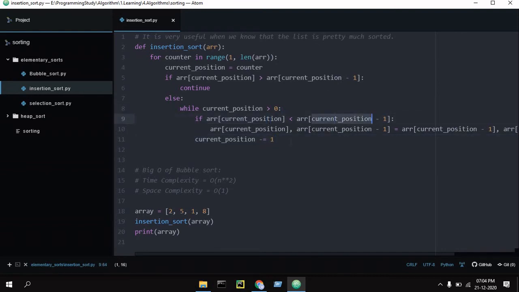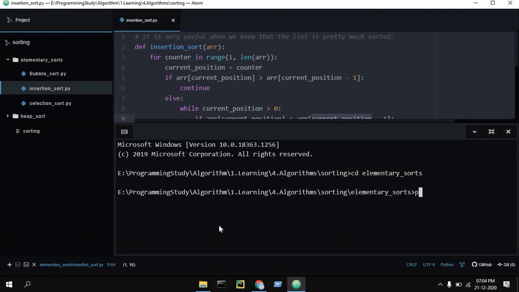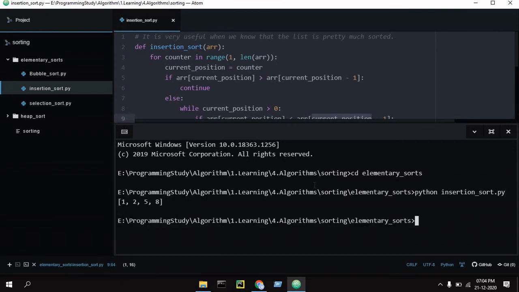Now if I run it, you can see here, it is sorted.